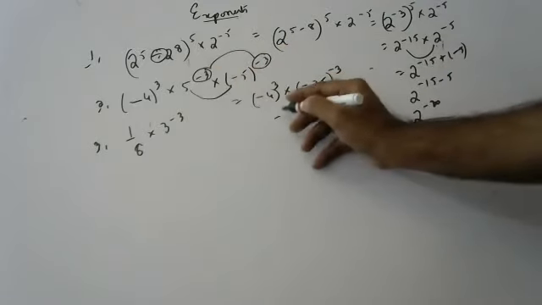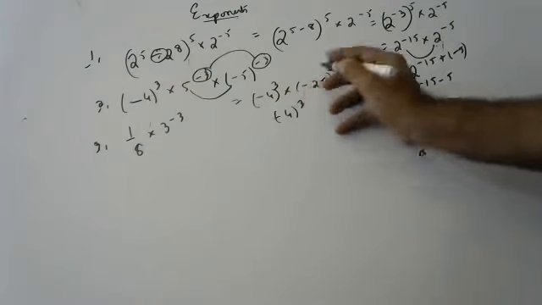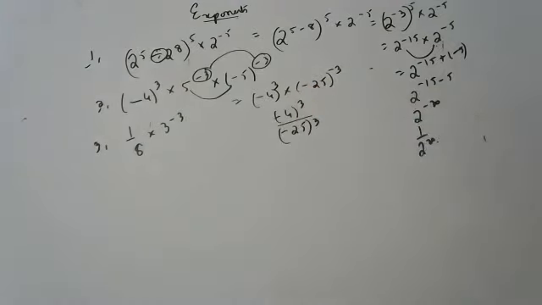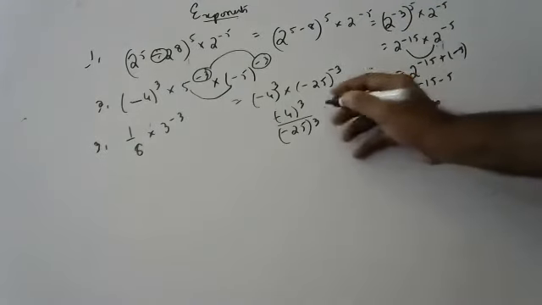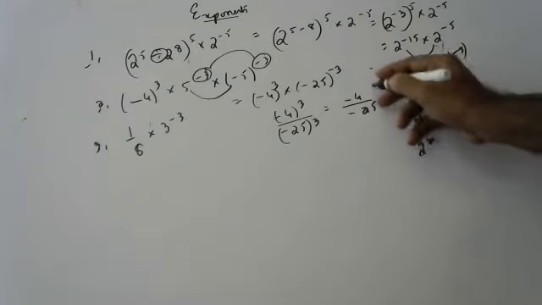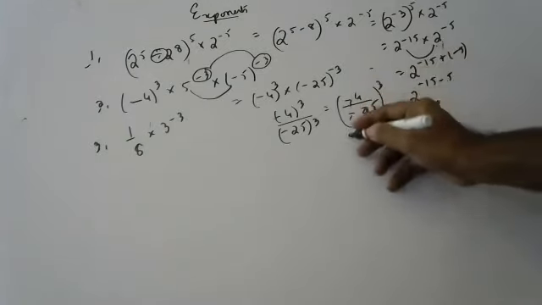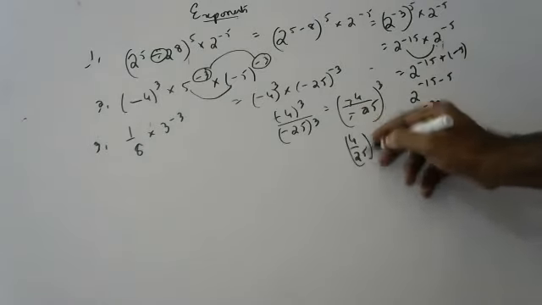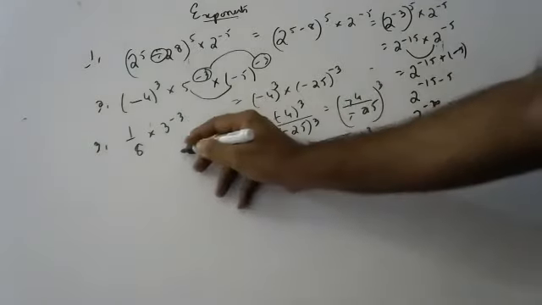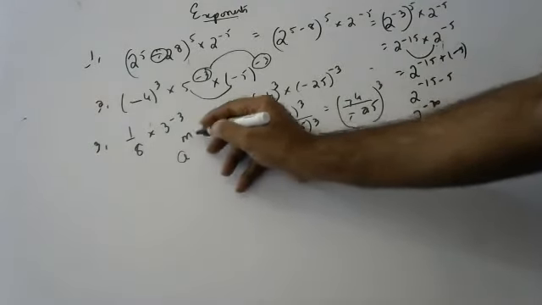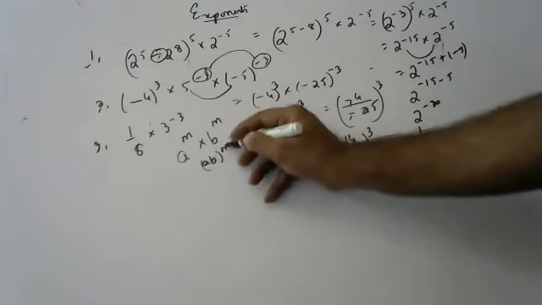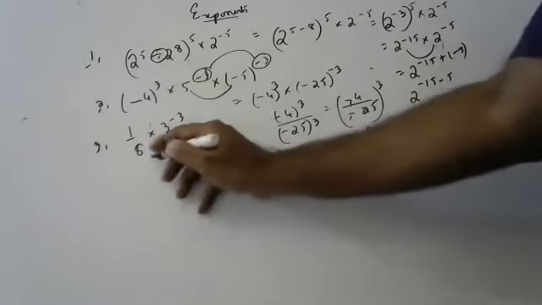So children, this is minus 4 whole to the power of 3. This we can write as minus 25 to the power of 3, to remove the minus. Please mute your audios, all of you. So this I can write as minus 4 by minus 25 to the power of 3. Minus minus cancel, 4 by 25 to the power of 3 you can write. When powers are same, bases can be multiplied. We can write a b to the power of n.